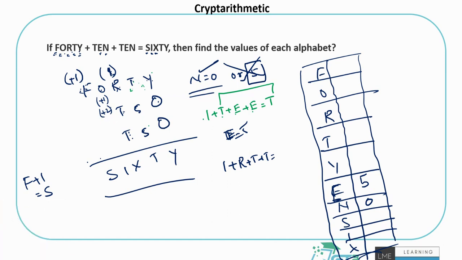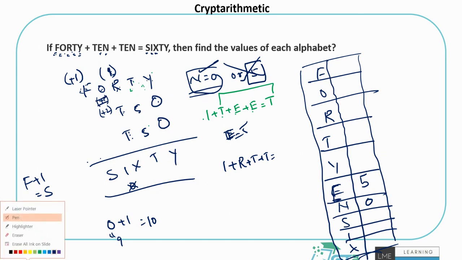So keeping that in mind, I'm only having these two options, 1 and 2. So let's select one of them. I mean, try the cases, right? What do I get if I have o plus 1? O can be maximum 9, as the digits can be up to 9, right? So 9 plus 1 is 10. In that case, I get 1 forward, but the problem is I can't be 0 because n is already 0, it's already taken up. So this is not a possible value. So this is ruled out. That means it has to be 2.